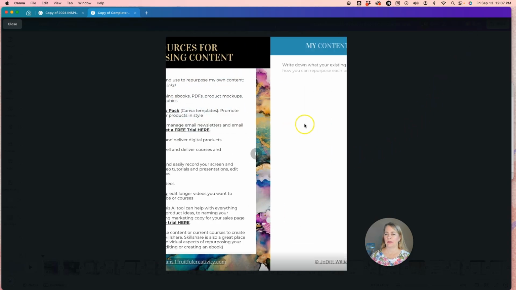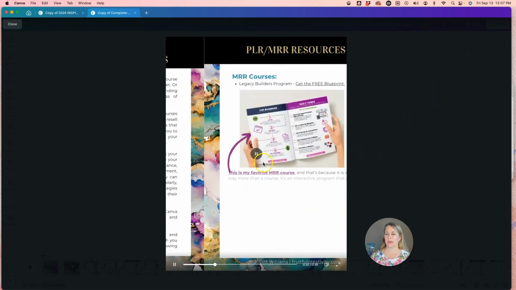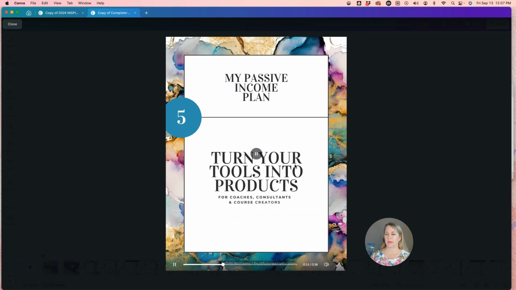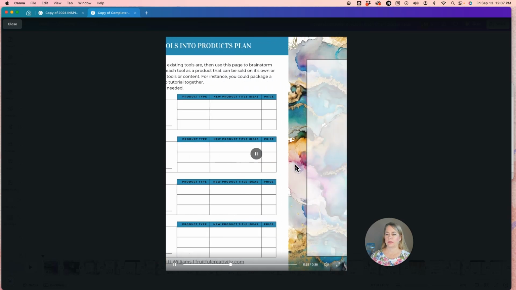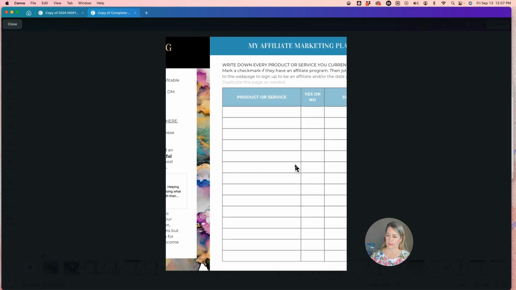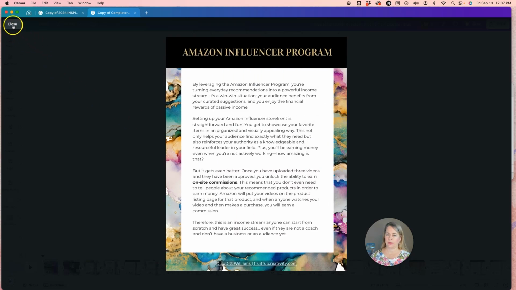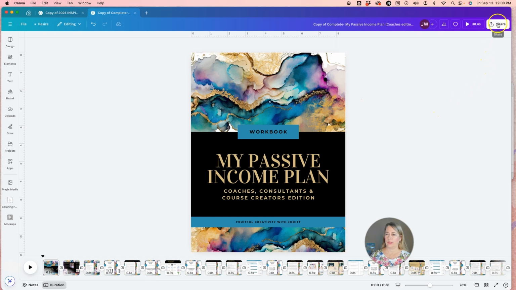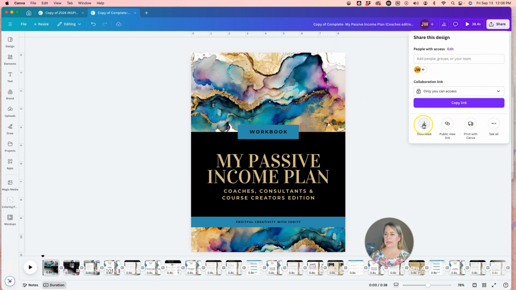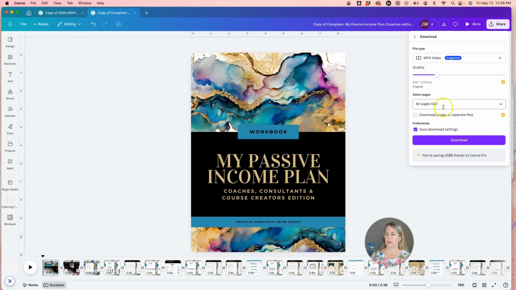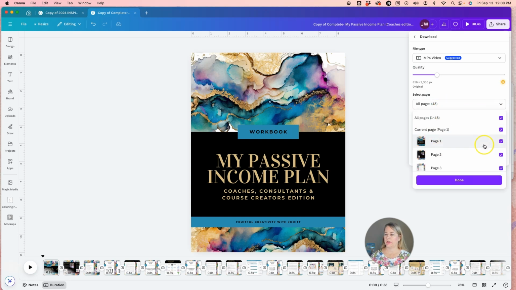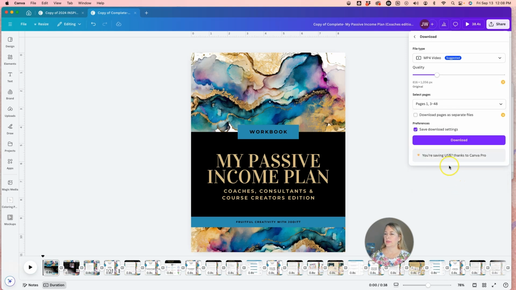Now mine I had previously applied some animation, so it's got a little bit of animation going on there, but you really don't want that. You just want the single pages just scrolling through. Now what you're going to do is click share and download. And if there's any pages in here you don't want, like the title page or this second page is just about the author, I'm going to skip that and have all the other pages and just click done